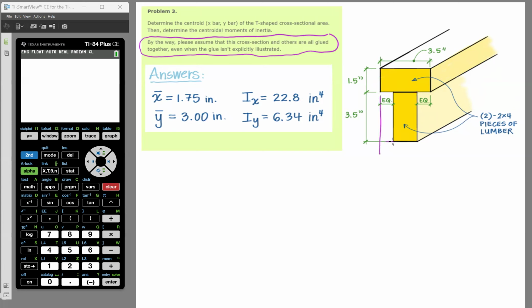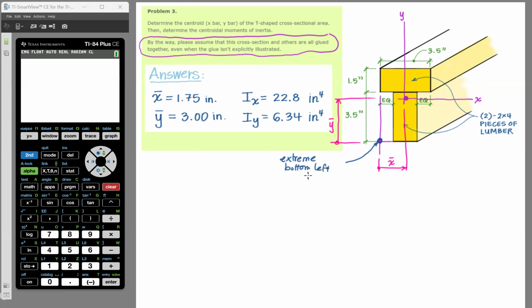All right, well, our throwaway origin is over here, and we are looking for my centroidal axes. So you want to figure out where centroidal x is, where centroidal y is, and we're going to want to go from that origin to the y-axis in the x direction for our x bar, and from the bottom fiber up to the centroidal x-axis to solve for what my y bar is. And we did this in the centroid unit, but it's been kind of a while, so this is that extreme bottom